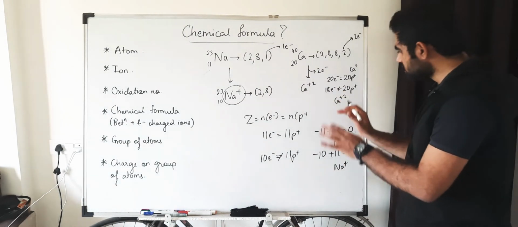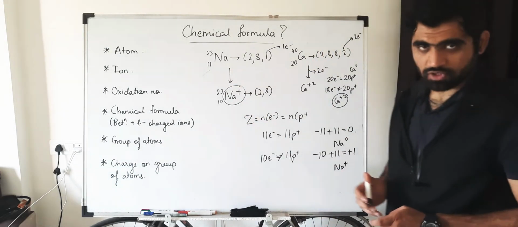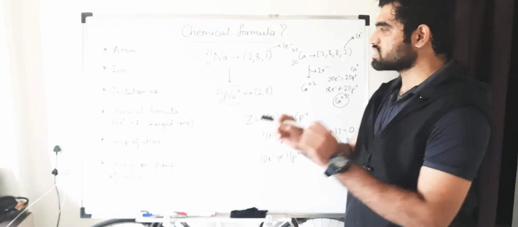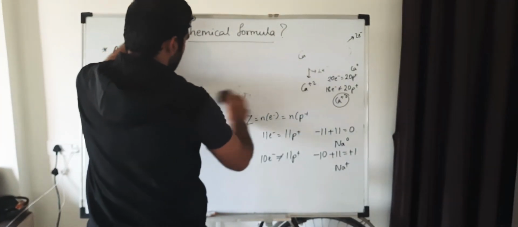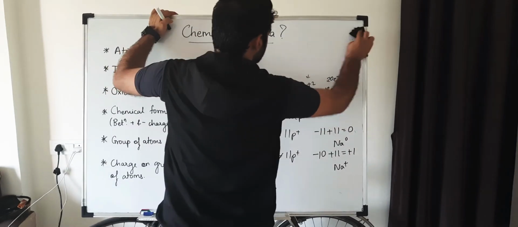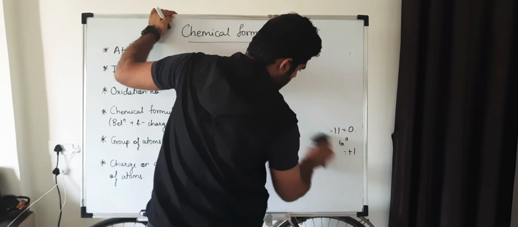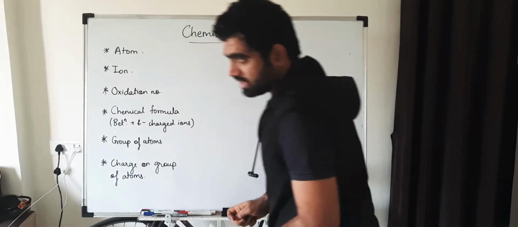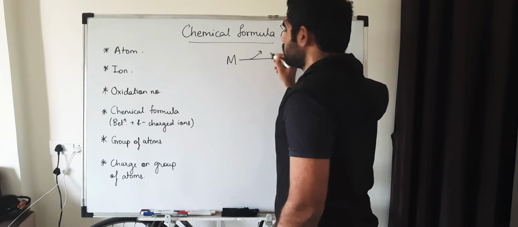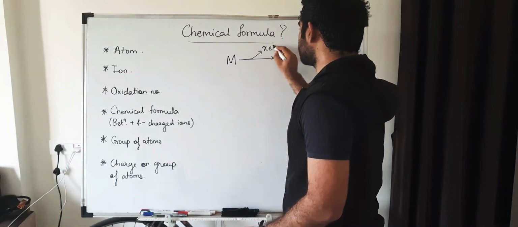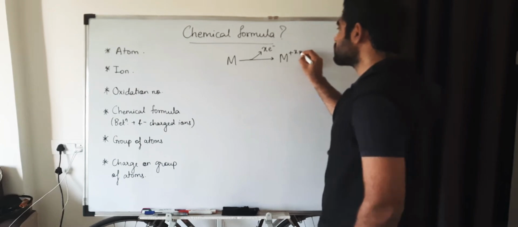Okay, so in this way Ca plus 2 is one ion, Na plus is an ion. So in short I can say a charged atom is an ion. Now for a general understanding, if I consider M as one of the atoms which has the ability to donate electrons, so M donates, for formation of a bond, X electrons, due to which M will gain plus X charge.